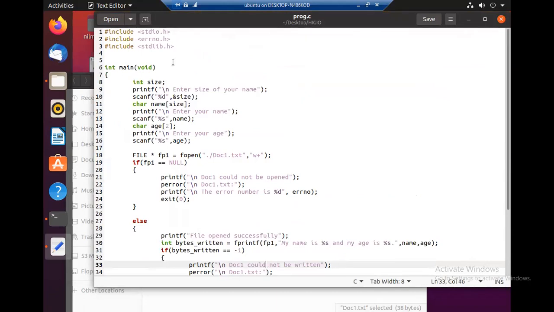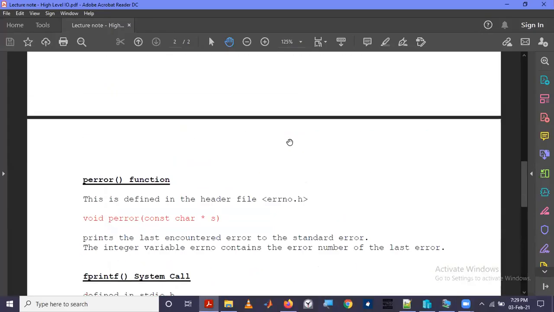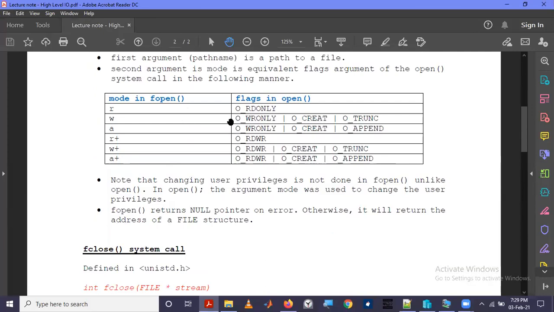Like previously, we need not include stdio.h, unistd.h. That was used for low-level system output functions. And we need not include fcntl.h also, because we are not using these flags. These flags were defined in fcntl.h, so as we are not using them, we need not include fcntl.h.